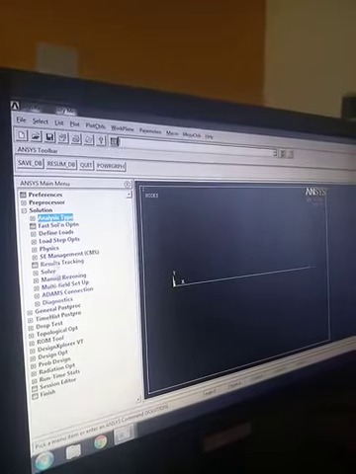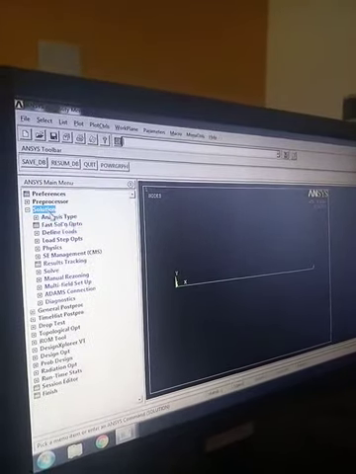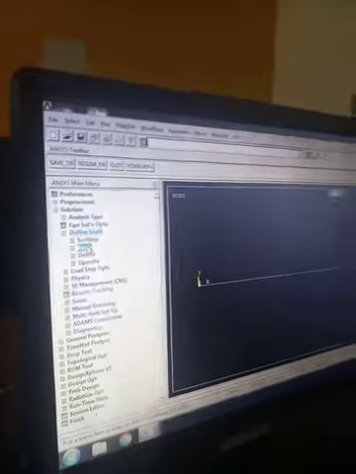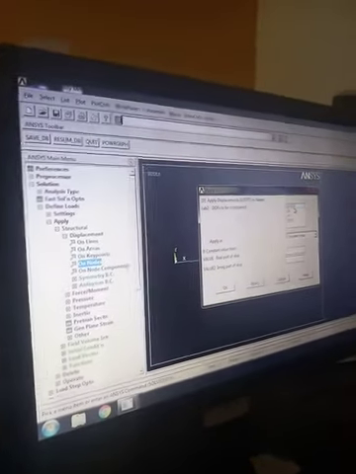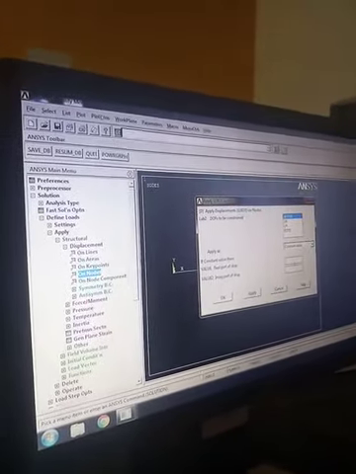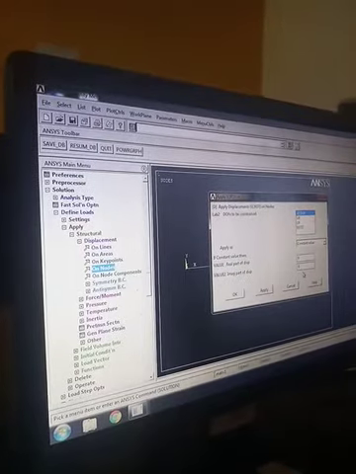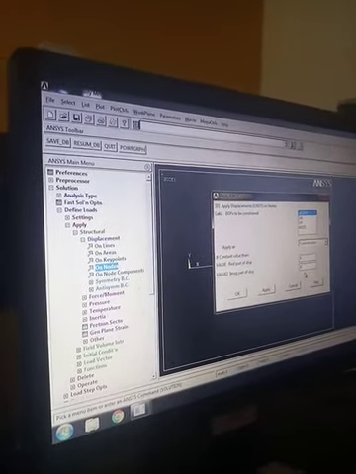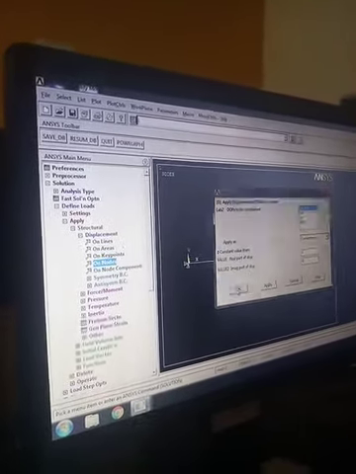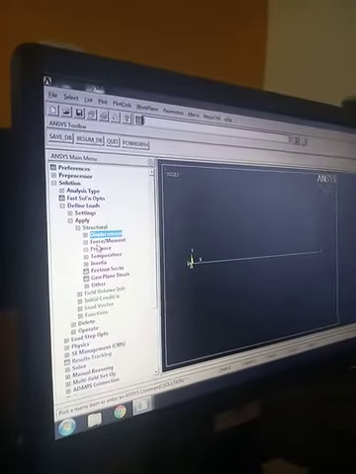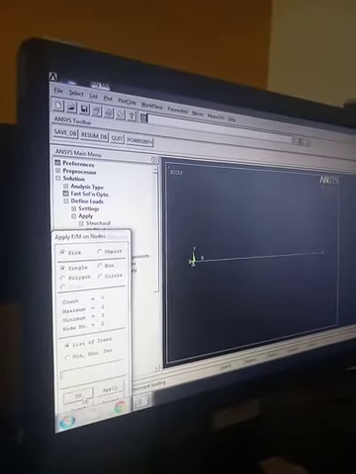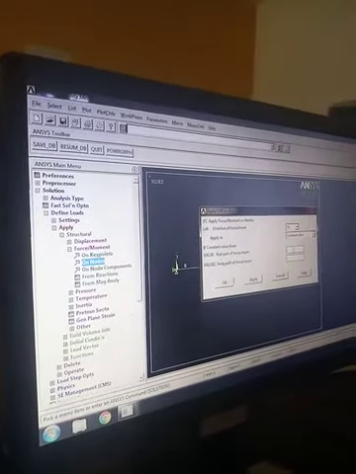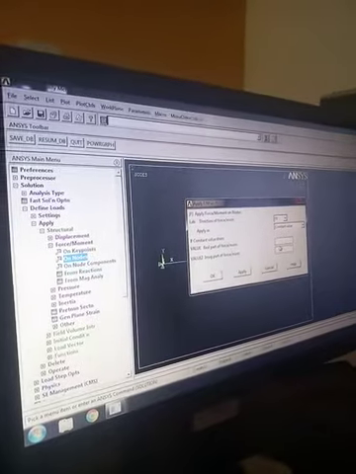Now go for Loads, Solution, Define Loads, Apply, Structural, Displacement, On Nodes. The first node will be 0 as the real part, 0 as the imaginary part, because it is a fixed value. Then go for Force/Moment on Nodes.